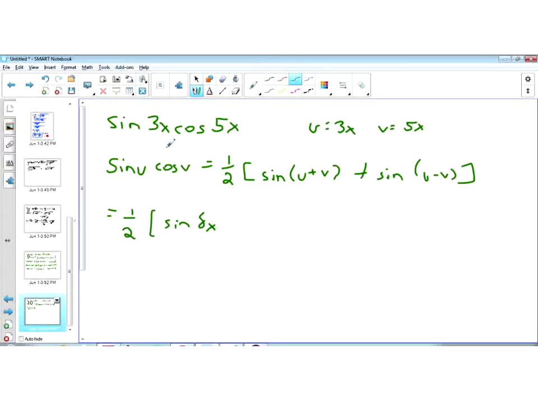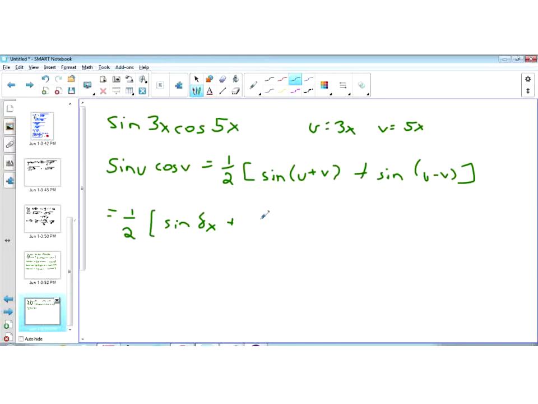Oh, I'm sorry, that's the wrong formula. No, wait. Sine of u times the cosine of v. Okay, yeah, we can keep going on with this. Okay, so that would be 1/2 times the sine of 8x